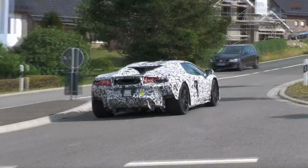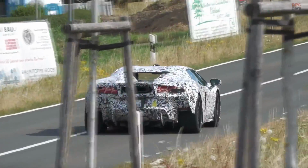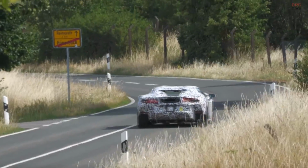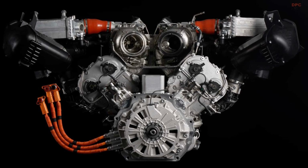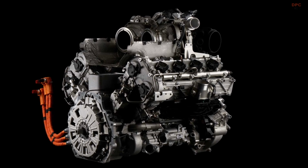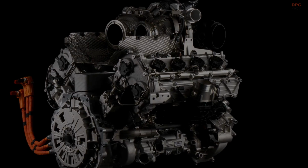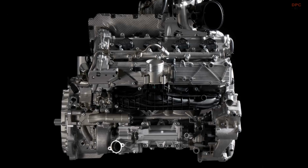Lamborghini is preparing to bid farewell to its iconic V10 engine with the end of Huracan production. However, the Italian automaker is not stepping back from creating thrilling engines. Recently, Lamborghini unveiled the first details of the twin-turbo V8 that will power the Huracan Successor, promising impressive performance and innovation. At the heart of this new engine is a 4.0-liter displacement, capable of reaching a red line of 10,000